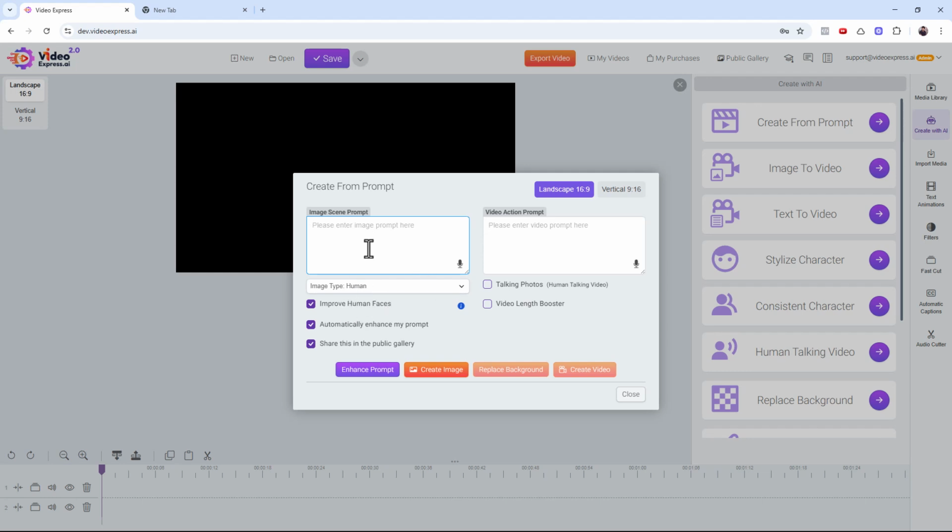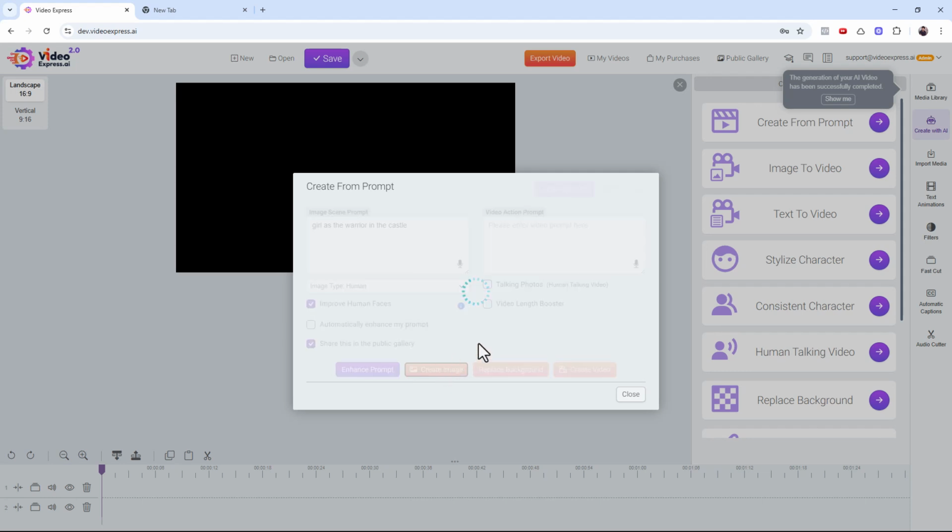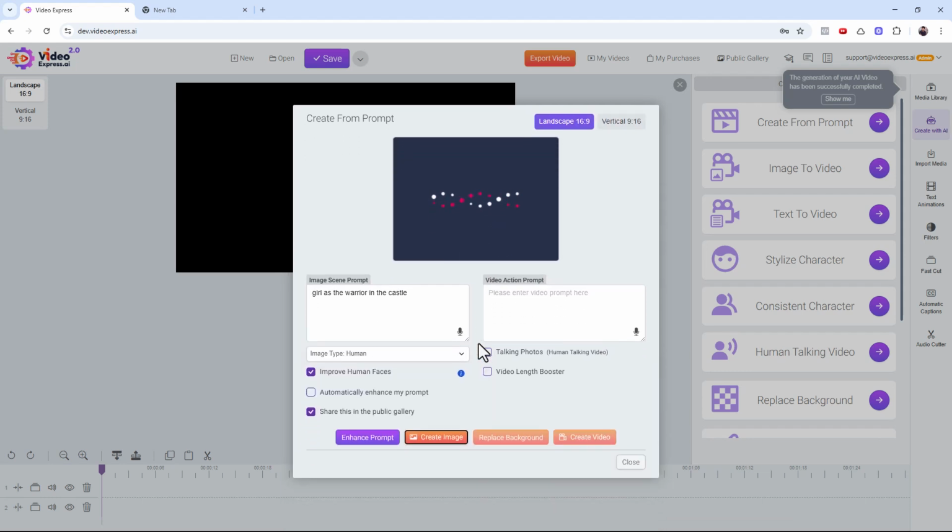So let's say I want the girl as the warrior in the castle. Okay, now if you don't want your prompt to enhance automatically, you can untick this. If you want, you can keep it, right? So I'm just gonna click on create image, so that it's gonna create an image with the human style because